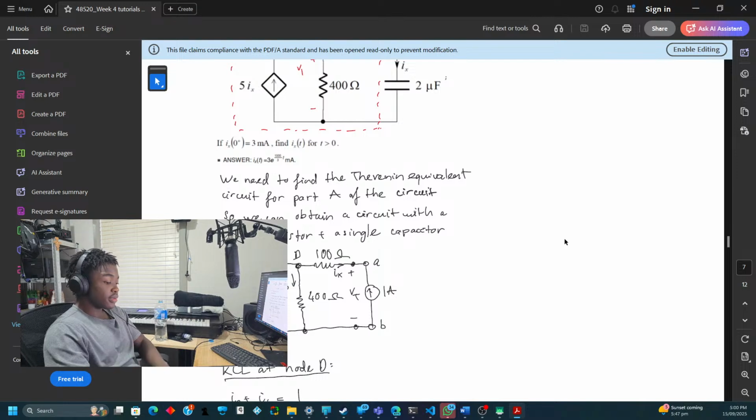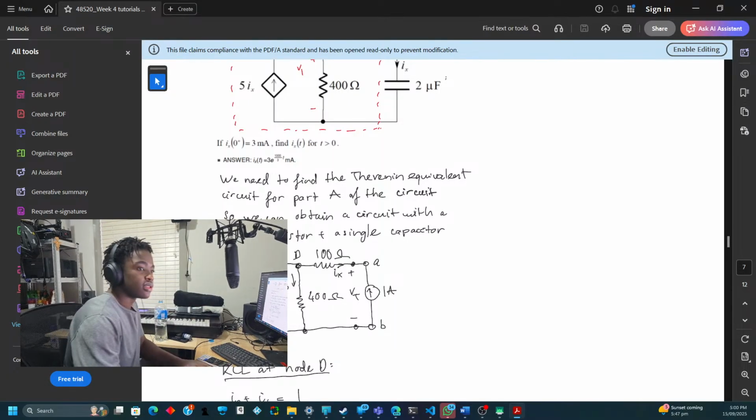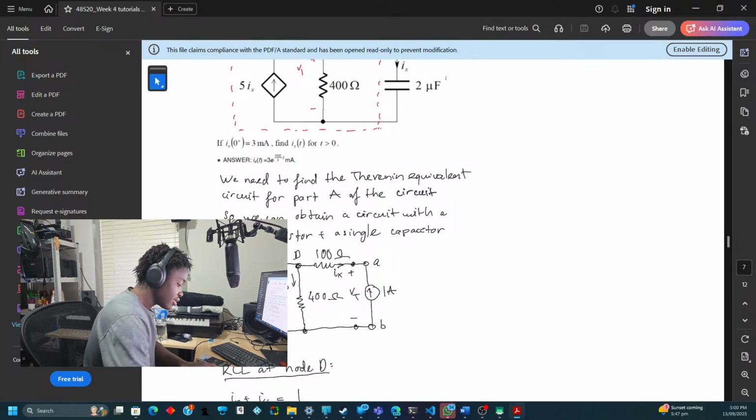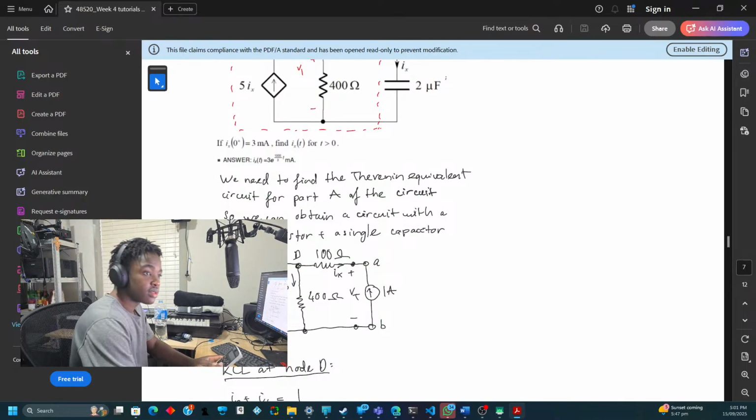So we need a circuit with a single resistor and single capacitor. So just focusing on the resistors, they're in parallel. So our Thevenin should be